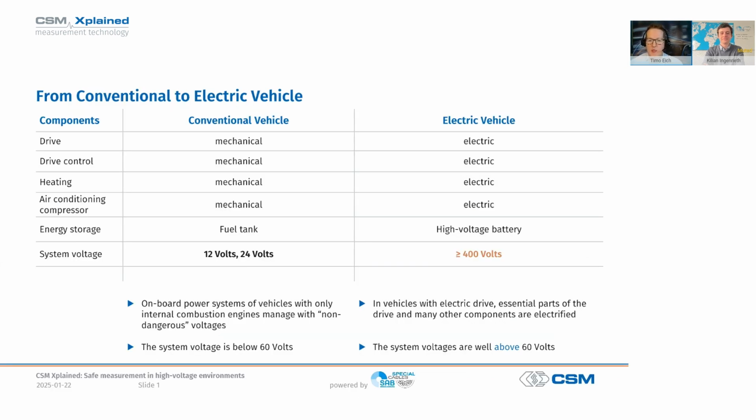And we will start with something you may very likely be familiar with, a comparison of the different components. Here, conventional vehicles on the left side versus electric vehicles on the right. In combustion engine vehicles, most of the drive components, but also heating and air conditioning functions are mechanically based. The energy storage is the fuel tank of our combustion engine, and commonly the electric system voltage lies at 12 volts for smaller vehicles, 24 volts for larger vehicles such as trucks, and sometimes 48 volts for steering functions or mild hybrid features, for example. The point is that we never exceed 60 volt system voltage, and this border of 60 volts will be important